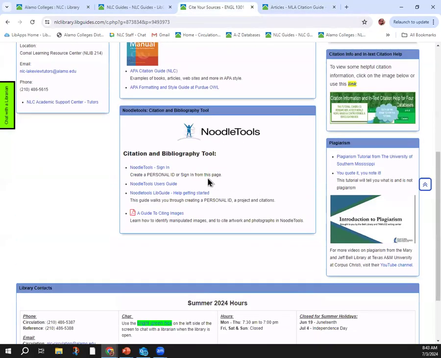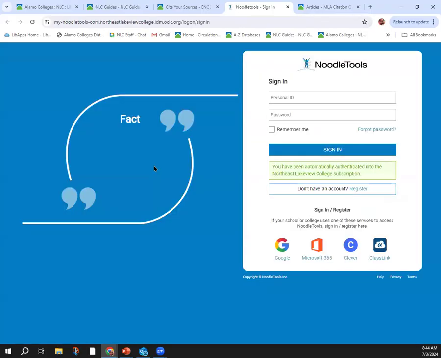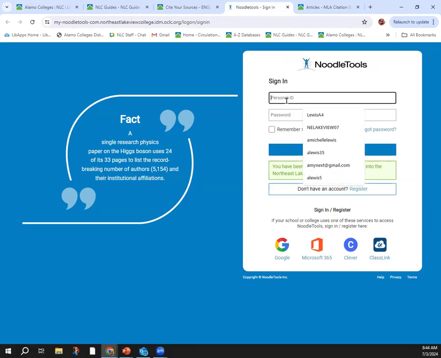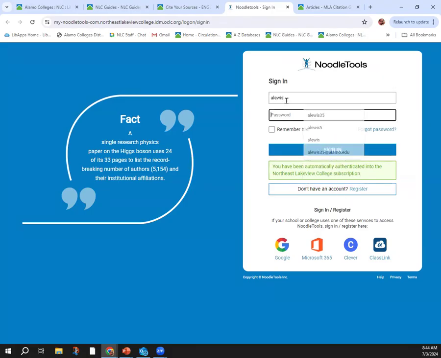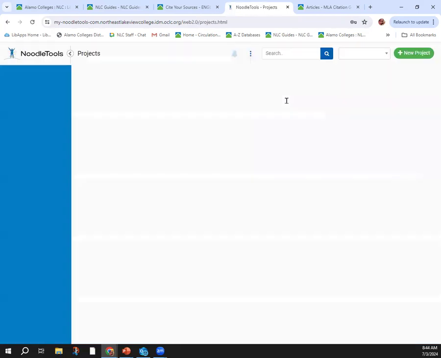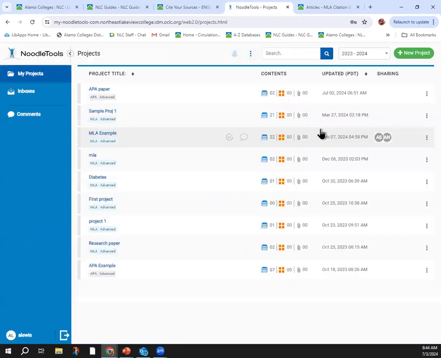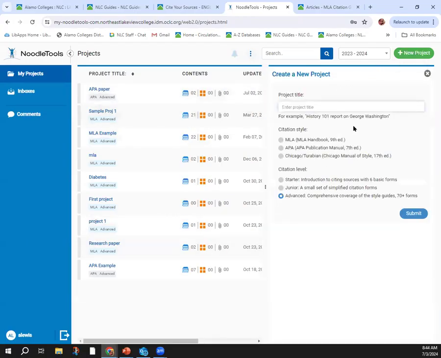And finally, we've got Noodle Tools, right down here. Noodle Tools is totally free for NLC students. It is totally optional. And if you don't have an account, you can register for one right down there. I'm going to sign into my account, and I'm going to create a new project. Obviously, I've got a lot of projects on the go here. So let's call it